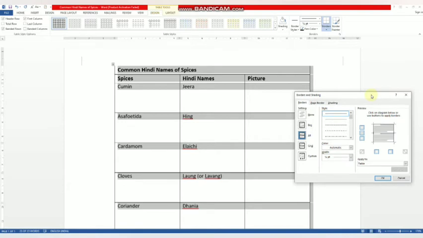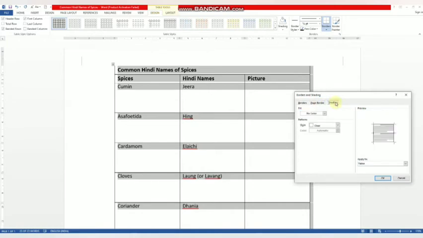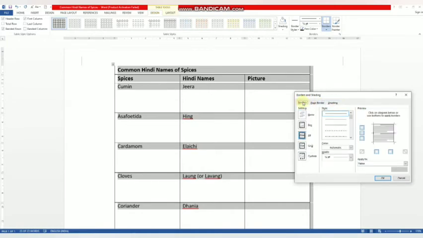Now click the border tab. Here you can see borders, page borders and shading. Here are 3 tabs. So click on border tab, then choose the option you want. If you want to give only the box of your table, means outside boundary of your table, then click on box. If you click on all borders, means these all borders, all row and column border, then click on all. I click on all button here, all option, then choose the desired border style.